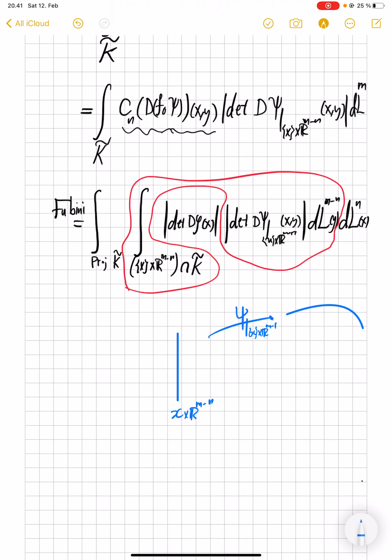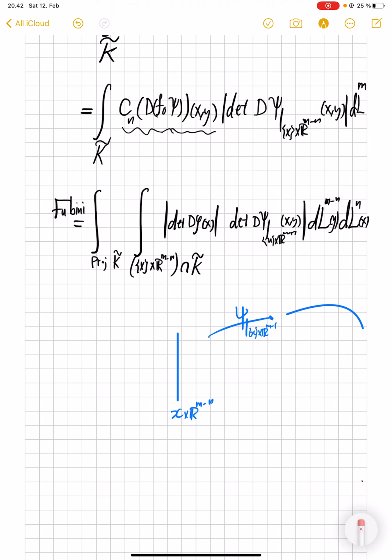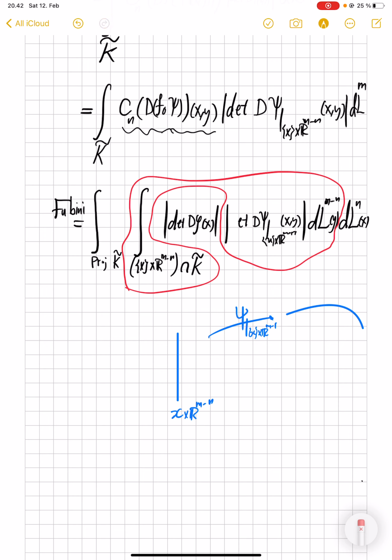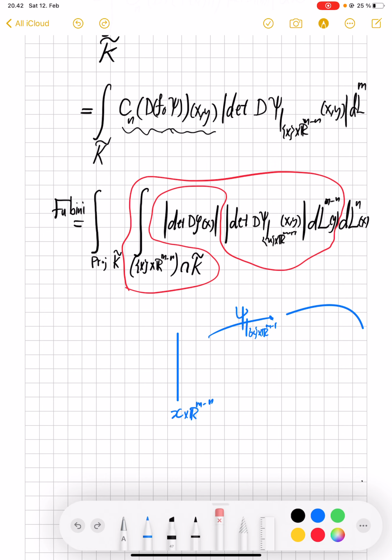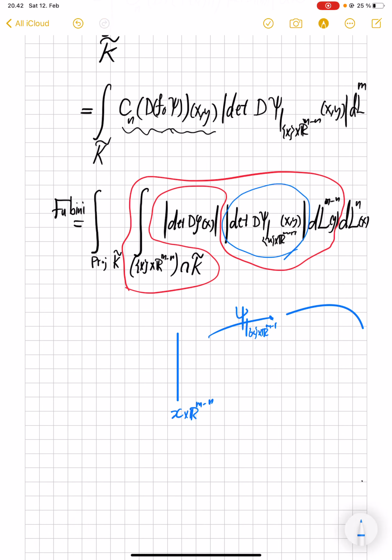So how do you measure the surface area, or just Hausdorff measure, of this object here? We have a parameterization of that object by phi. And by the area formula, if you integrate the Jacobian of that parameterization, which will be exactly this quantity here, on this affine set, that will give me the surface area of this object here.